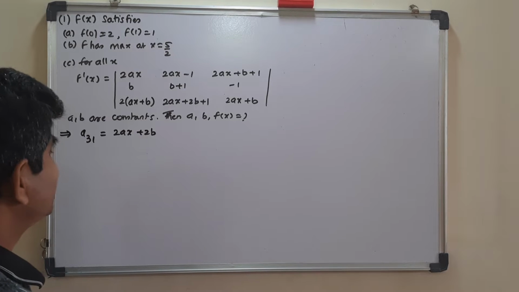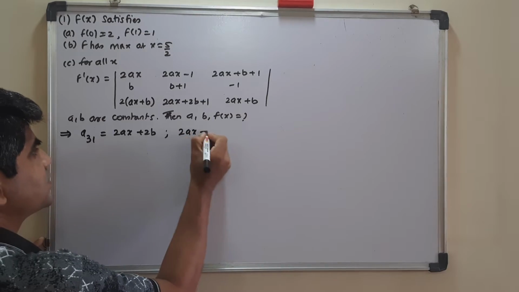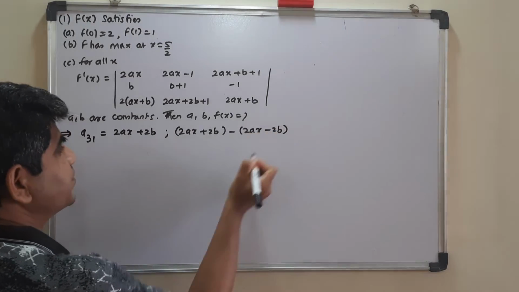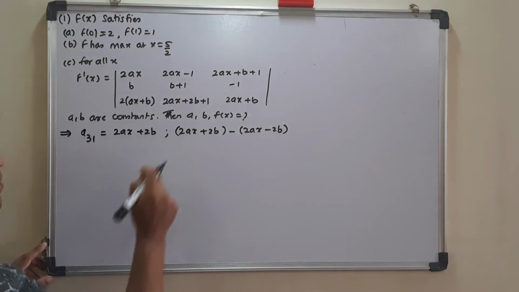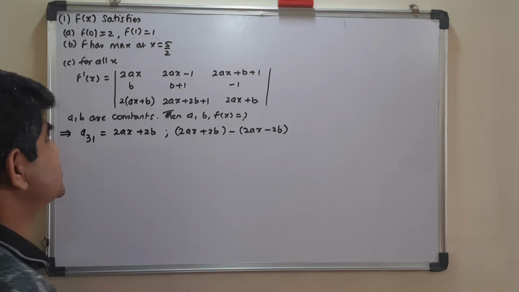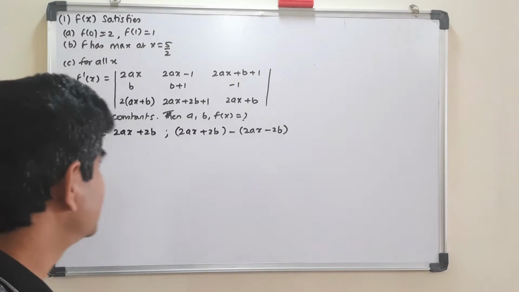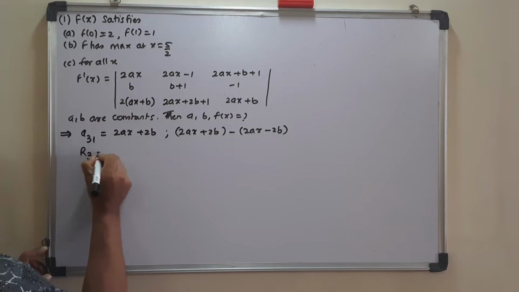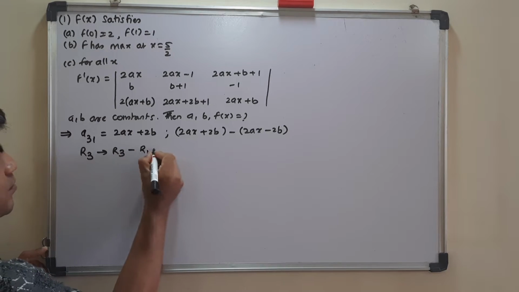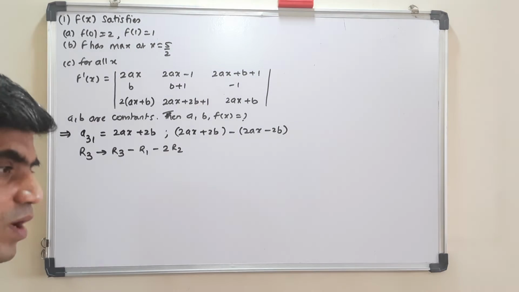From this, to get 0, I need to subtract what? 2ax plus 2b minus 2ax minus 2b, which is nothing but A31 which is already there, right? A31, and this 2ax is your R1 and 2b means 2 times row 2. That means what I am doing here is transforming row 3 to row 3 minus row 1 minus 2 times row 2. So when I get this, what do I get here is